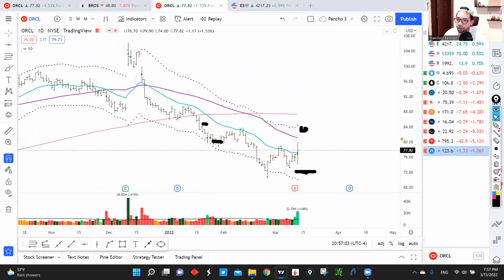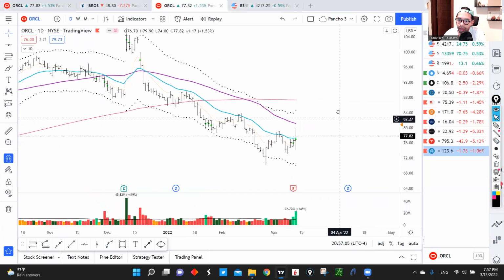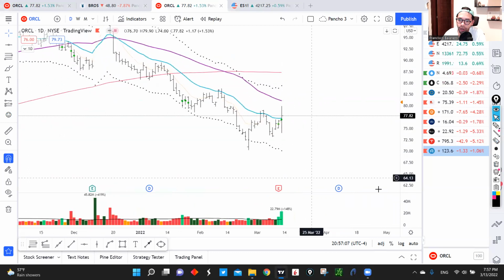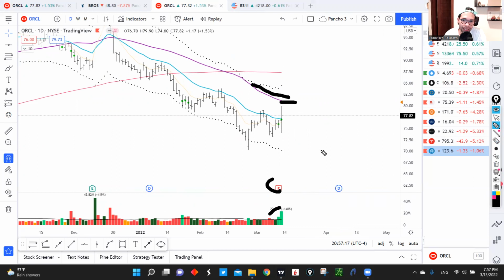I'm also watching Oracle. And for Oracle, as you can see, it already reported the earnings. We have some volume coming in, but we're below this 50. And I think there's a high probability that Oracle perhaps is going to test this 50 daily moving average. And I think that's going to be a great spot to actually short Oracle in order to see if we actually break this bear flag to the downside.